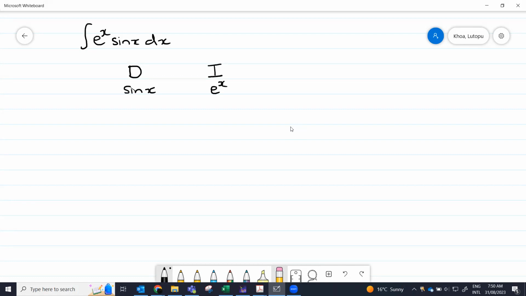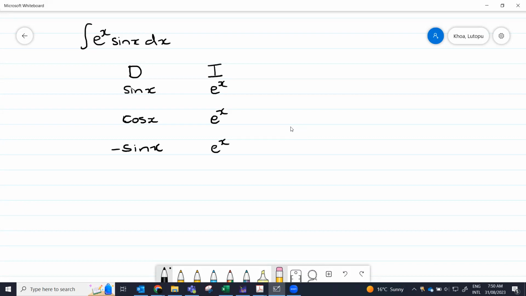You can swap them, you'll still get the same answer, so the choice is really yours. So we know already that the D stands for differentiate, I stands for integrate, so we just differentiate. So here, the derivative of sine is cos x. The integral of e to the power of x is just e to the power of x. Then the derivative of cos x is minus sine x, and then the integral here is e to the